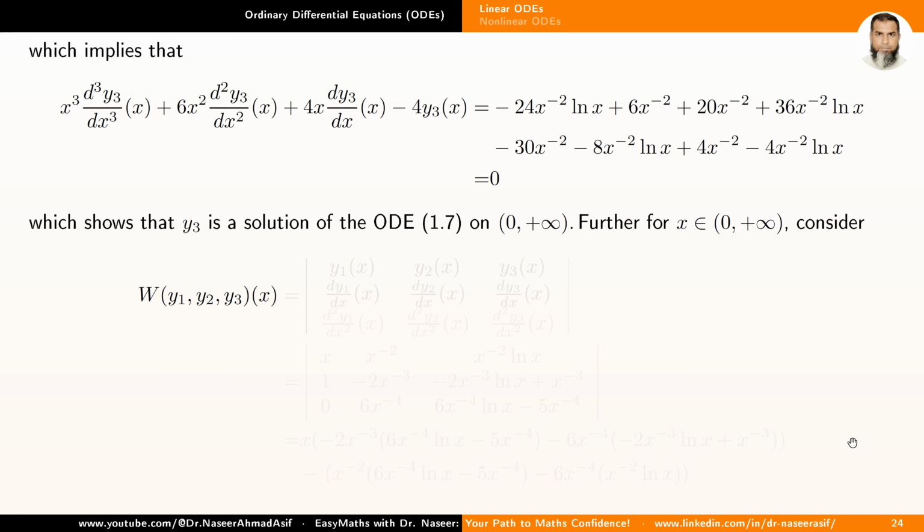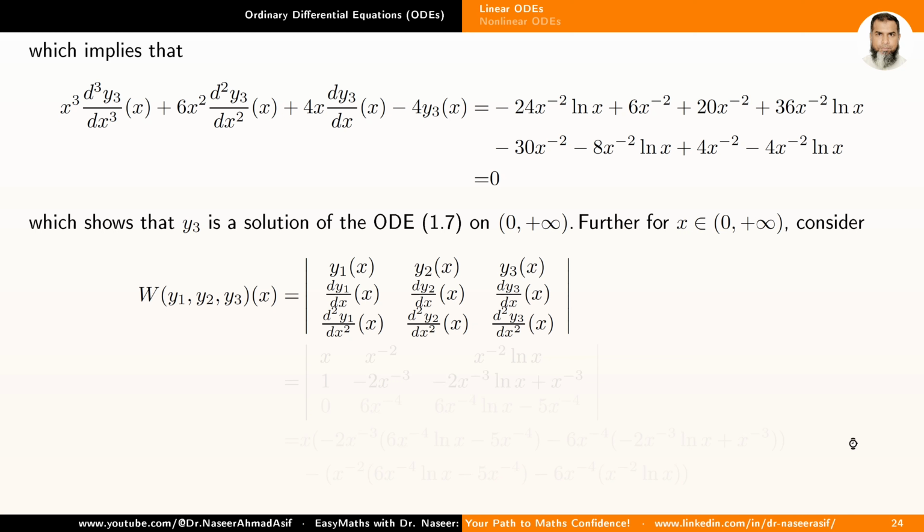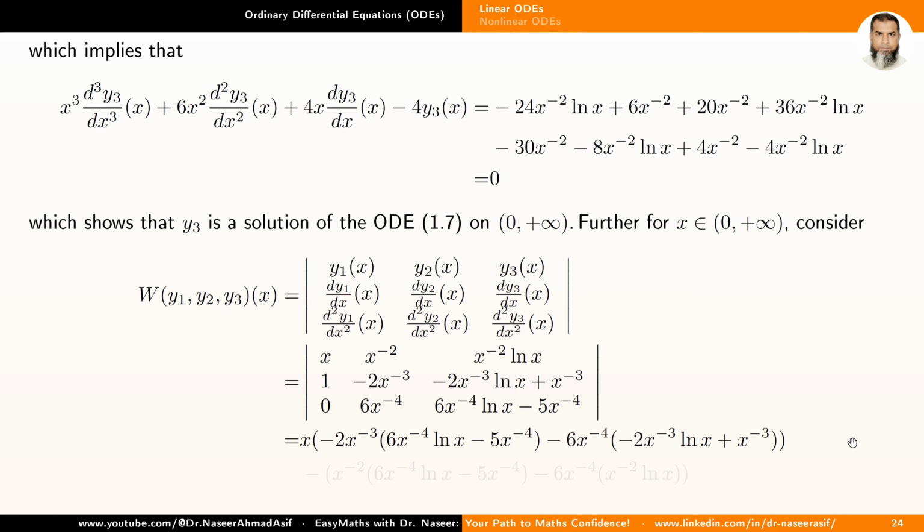Further, for epsilon in the open interval 0 to plus infinity, consider the Wronskian of y1, y2, y3, which is equal to the determinant with rows y1, y2, y3; first derivatives of y1, y2, y3; second derivatives of y1, y2, y3, which is equal to x epsilon minus 2, x epsilon minus 2 log x, 1; minus 2 x epsilon minus 3, minus 2 x epsilon minus 3 log x plus x epsilon minus 3, 0; 6 epsilon minus 4, 6 x epsilon minus 4 log x minus 5 x epsilon minus 4, which is equal to x into minus 2 x epsilon minus 3 into 6 x epsilon minus 4 log x minus 5 x epsilon minus 4 minus 6 x epsilon minus 4